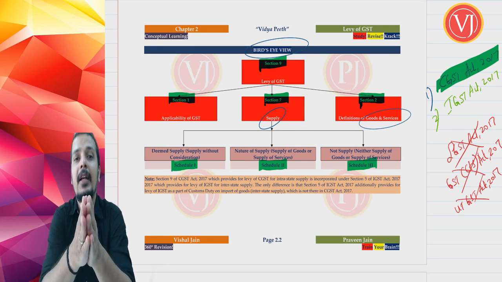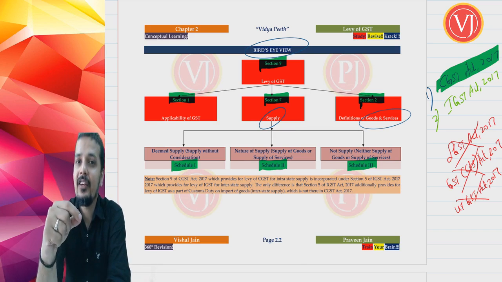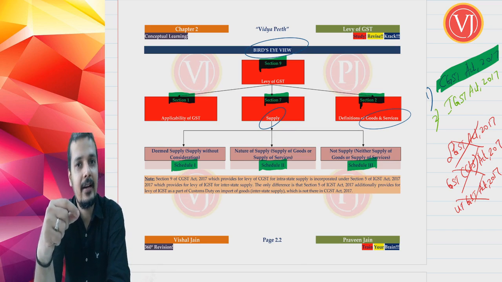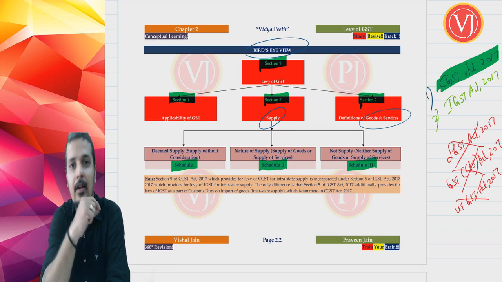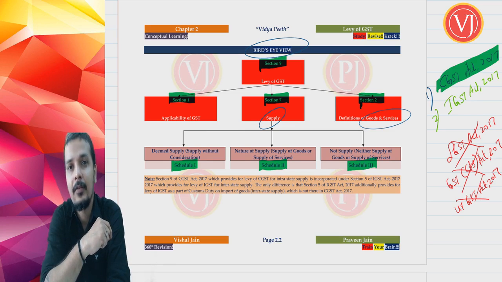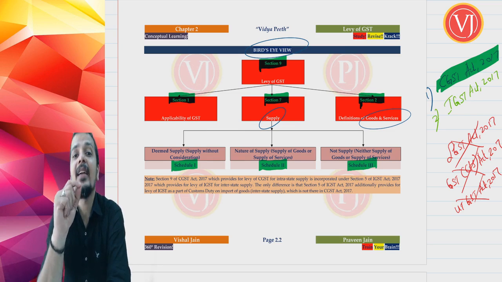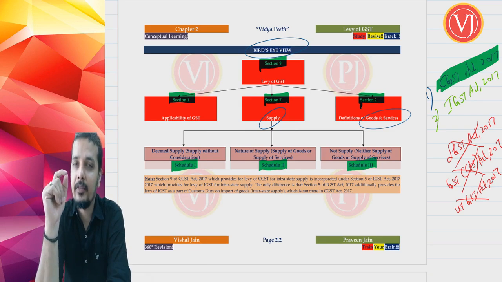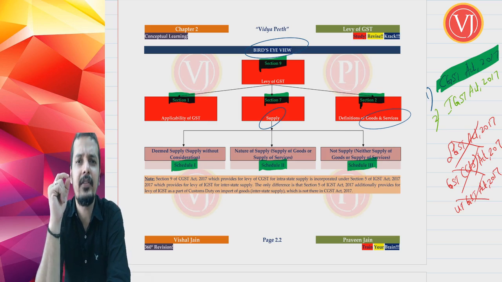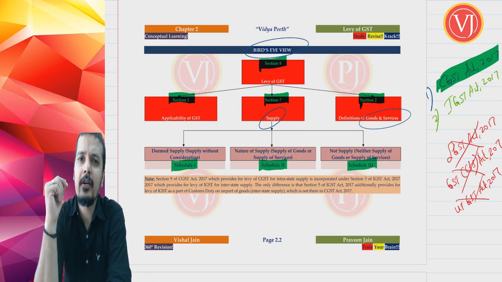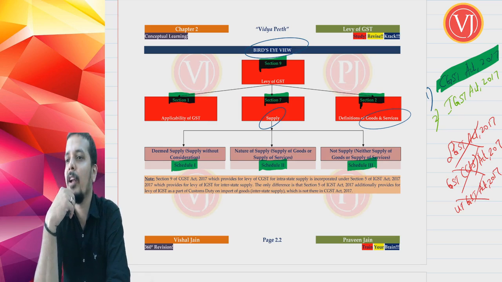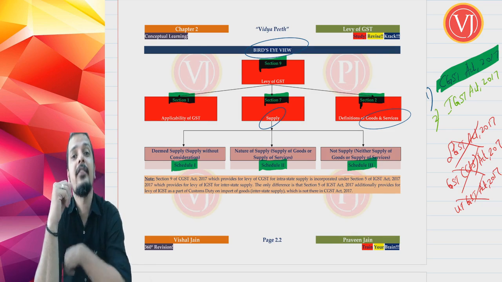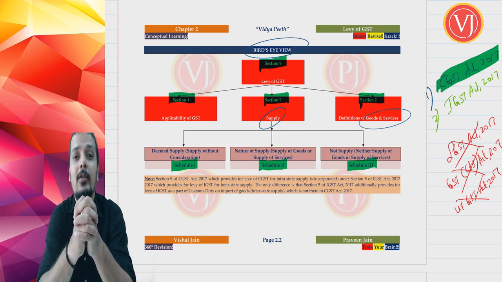Friends, I am repeating at the cost of repetition, any section that is addressed, any rule number that is addressed during the discussion is only that of the CGST Act 2017 for the section number, and the CGST Rules 2017 for the rule number, unless I specifically tell something about IGST. Right? So section 2 deals with all the definitions, and here we are going to discuss specifically goods and services. Are we going to discuss other definitions? Yes.